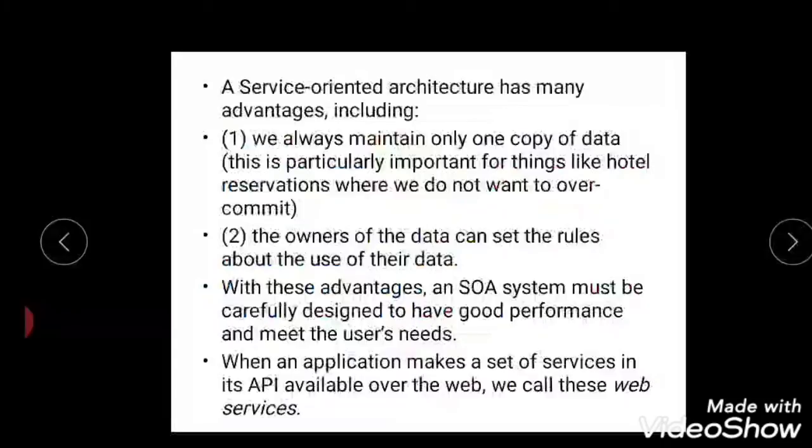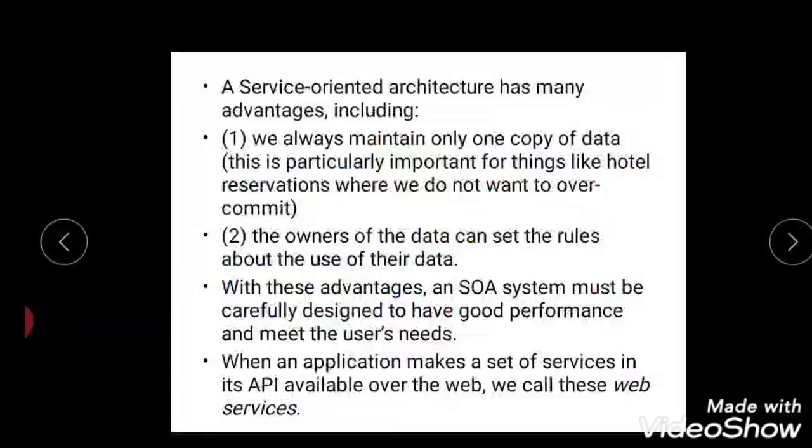So what IRCTC and other websites follow is that the seat is frozen for only a few seconds, and the person who completes the transaction first gets the seat reserved. The other one, maybe in railways, can get a waiting list or the next preferred seat. So these are a few advantages of SOA.